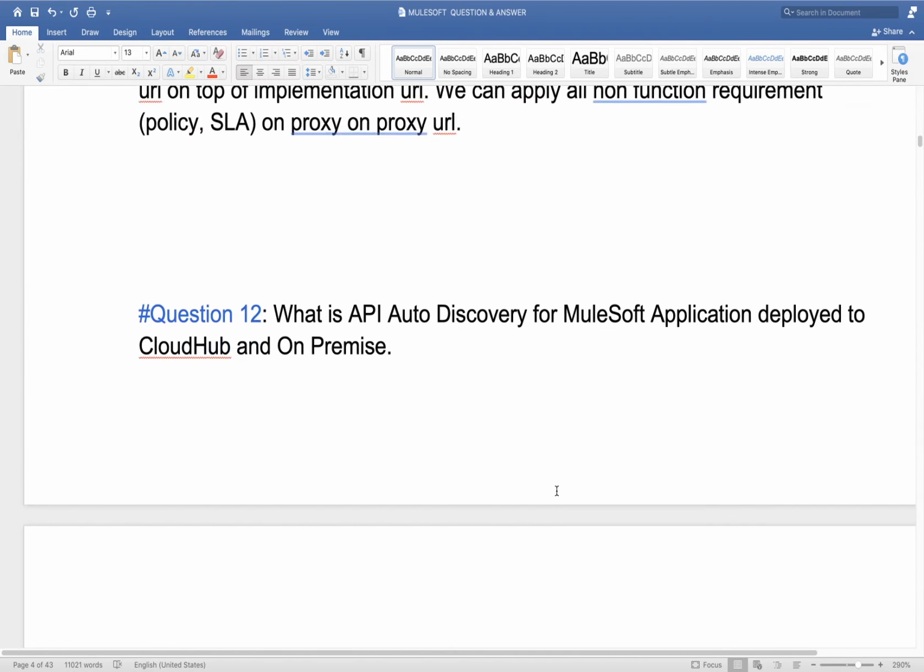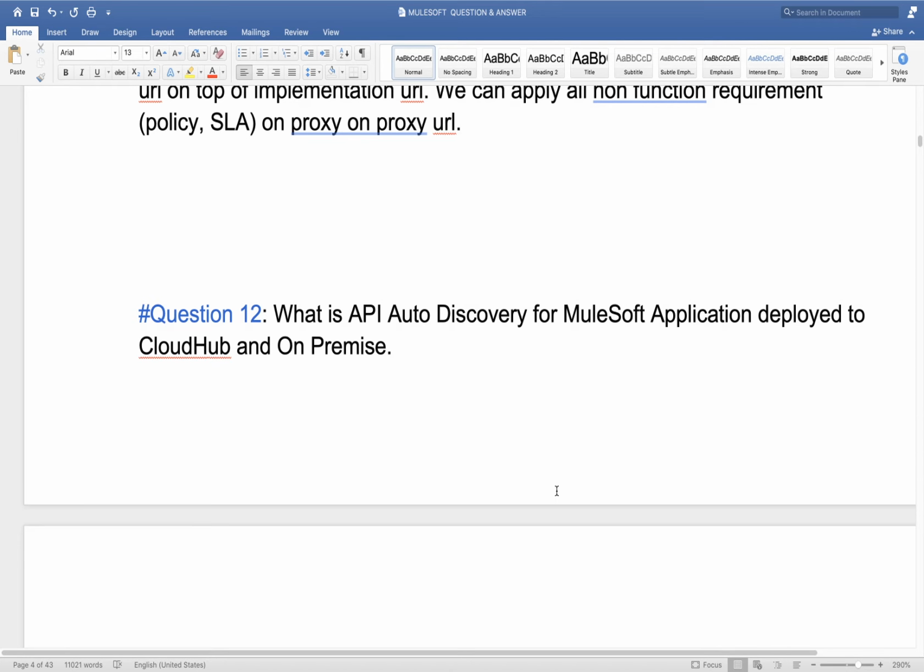What is API auto discovery for a Mule application deployed to CloudHub or on premise? Auto discovery we use to connect our application deployed on Mule runtime with API Manager.